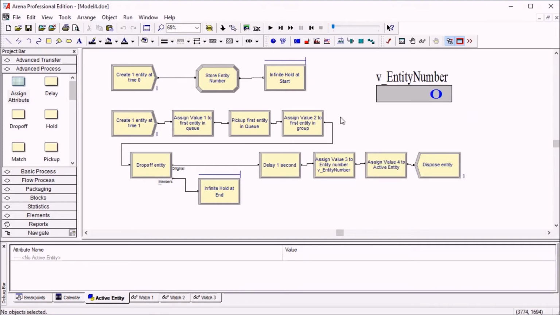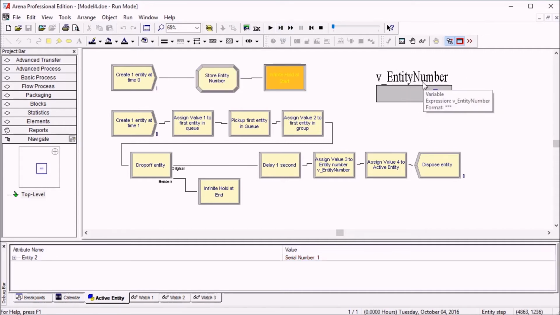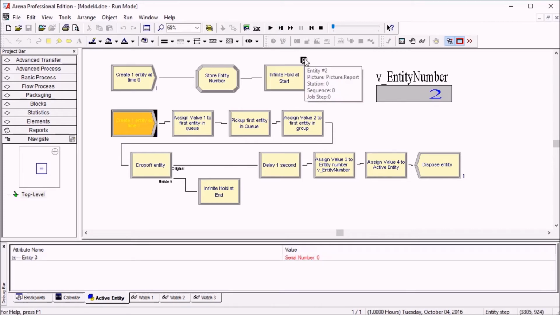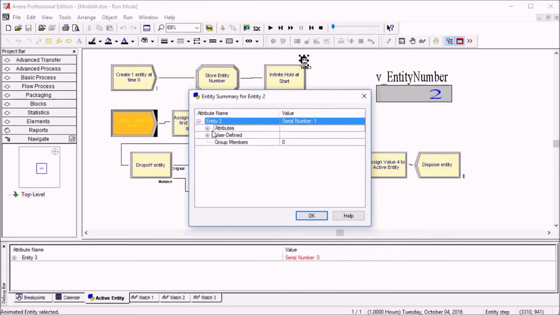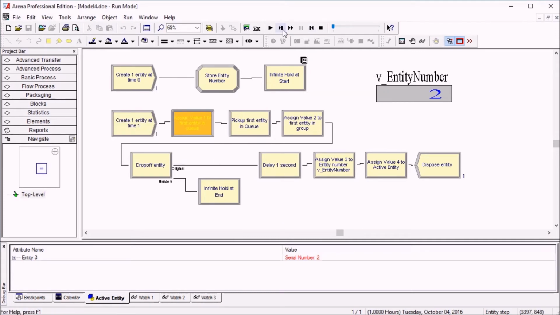So I'll just step through the logic here so you see how it works. If I start, I'll just treat the first entity at time 0, and I will memorize the entity number of that entity, which is 2 here, in a variable. So we have it for later use. And then we'll just store it in a queue here. So our first entity here is entity number 2, and it has an attribute, number attribute, which is 0 by default. So we'll be changing that value here. I create a second entity at time 1, and then I'll be assigning value 1 to the first entity in the queue here,